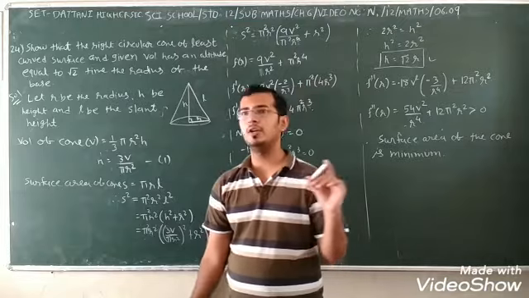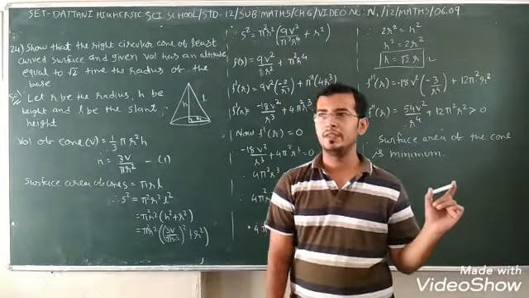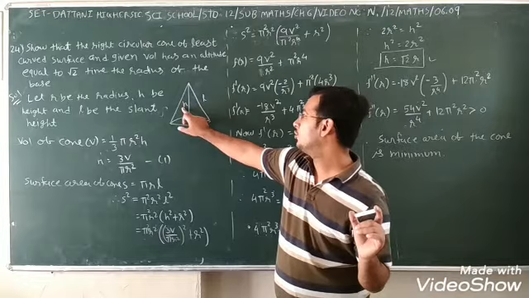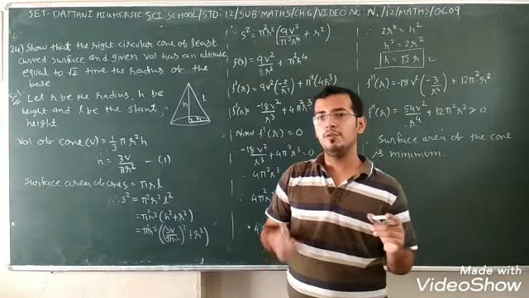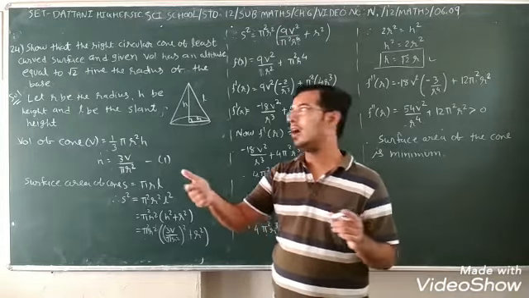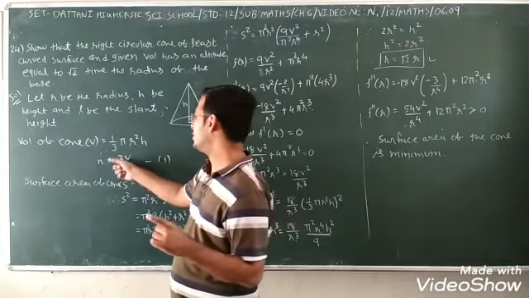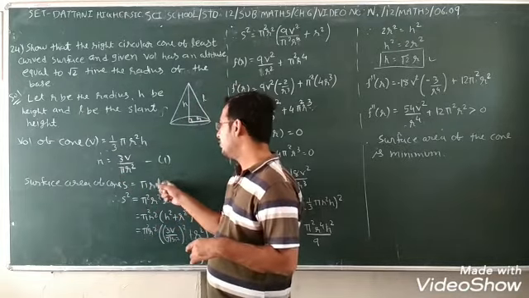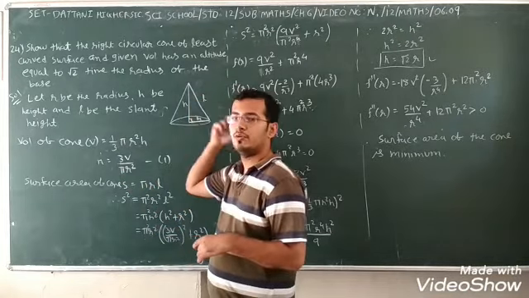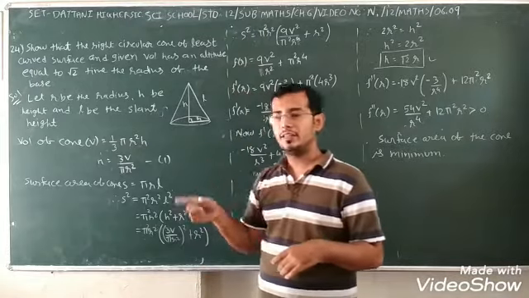So we have a formula for surface area, that is pi r l. L means slant height, so we have converted it into h square plus r square. I want to make h in terms of r. So here we subject h: h = 3V upon pi r square. Now in this formula we have the value of L square. If we go for L, then that comes in a root.